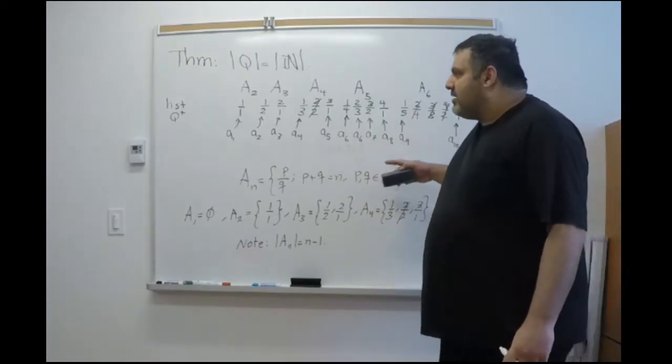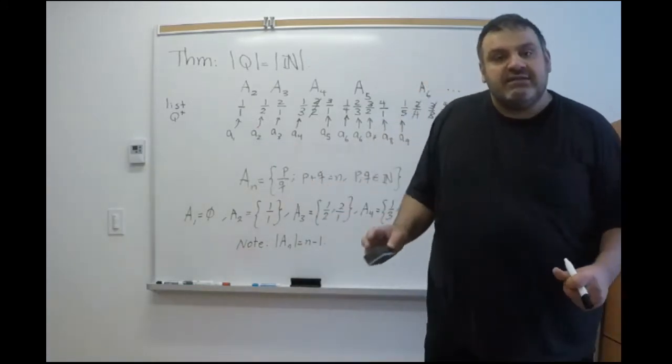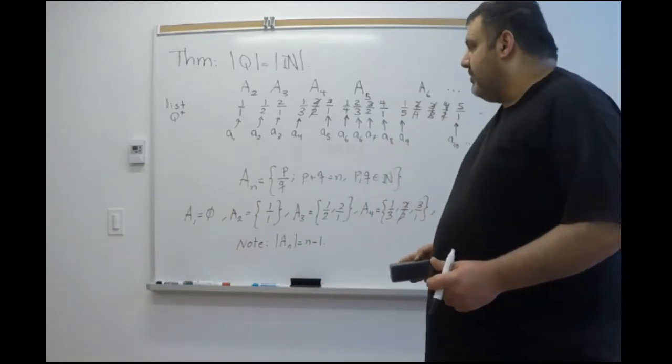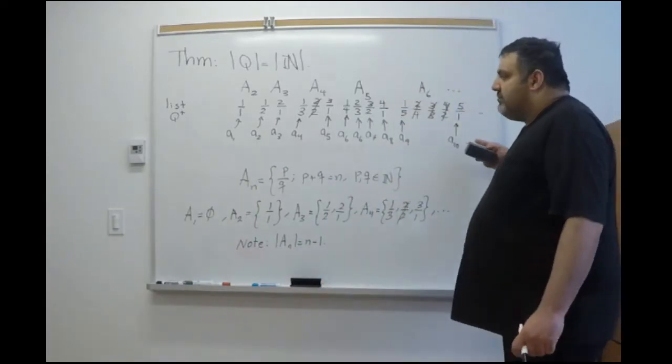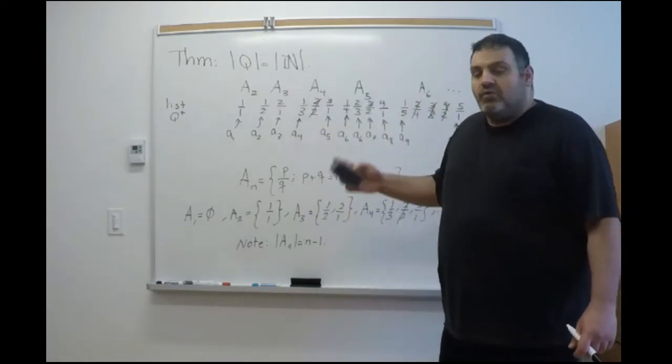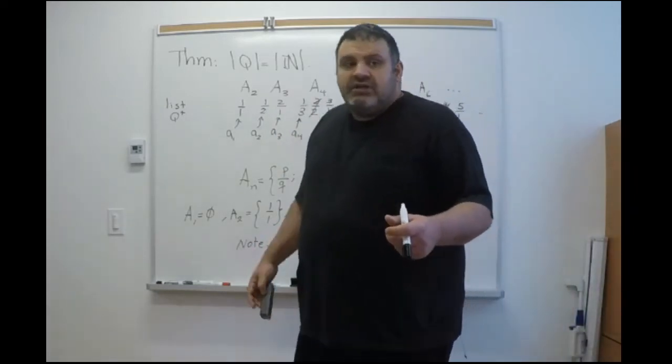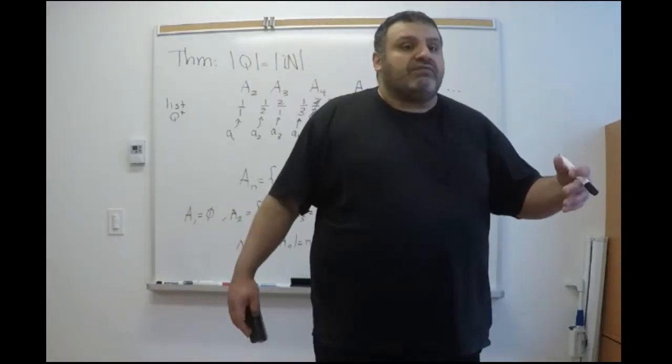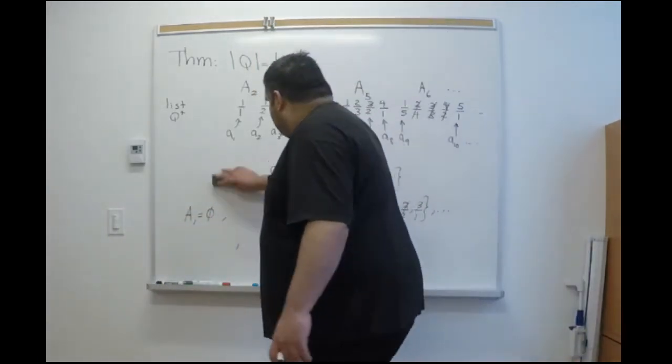And what you've just done is constructed a list of the positive rational numbers. Every positive rational number occurs in this list. Why? If you pick any rational number, it's of the form p over q. So